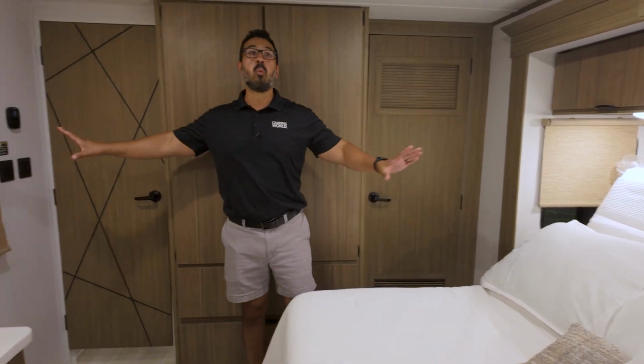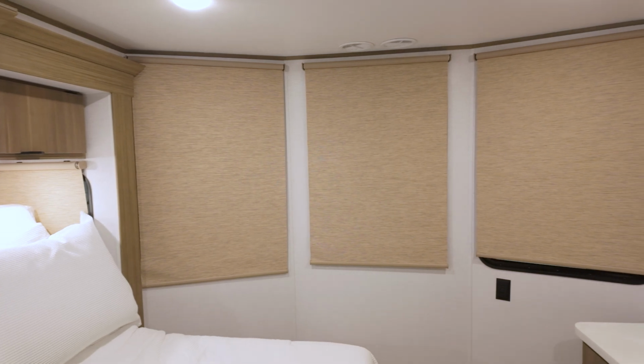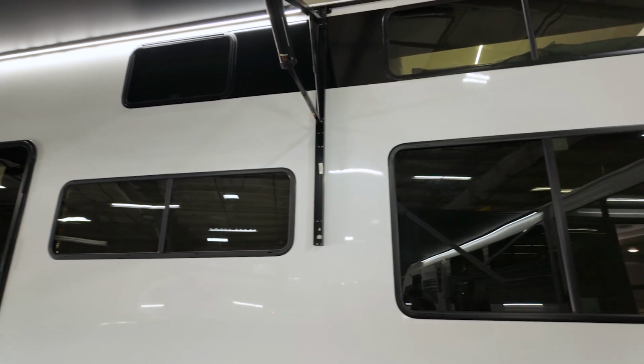And again, the windows in here are incredible. If you have a beautiful view out the front of your campsite, you are going to love waking up in the morning. Now outside, you'll not only notice the amazing amount of windows that allow you to see your campsite,